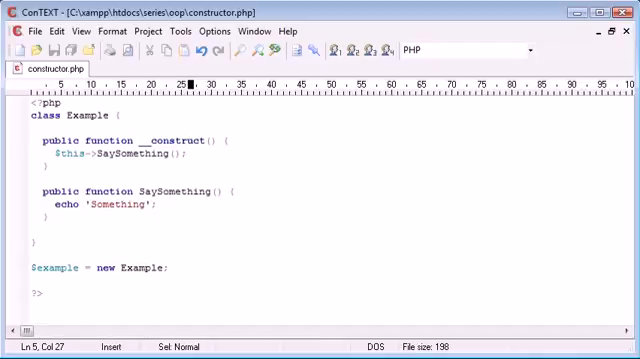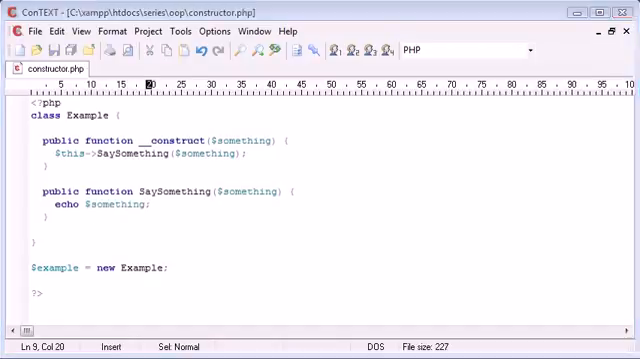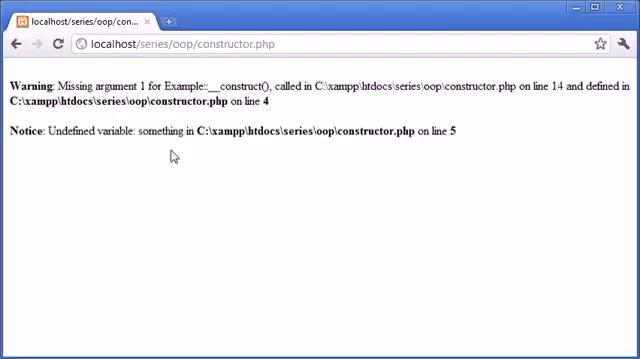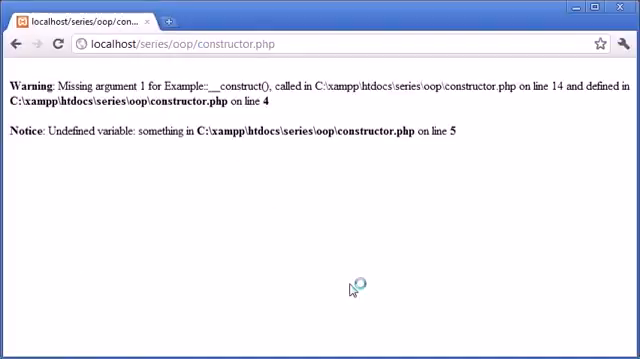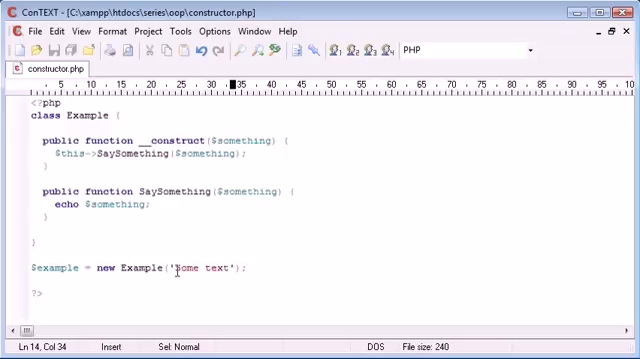So what happens if we want to take in parameters when we create a new class for whatever reason? We can specify them here. So I'm going to write text, or in fact I'm going to call it something. So in here, this say something, I'm now going to say something, and in here I'm going to take a value something, and I'm going to echo out something. So now you can see when we refresh, we've got a missing argument error because we haven't defined anything in here. If I was to define, say, some text here, and I refresh,